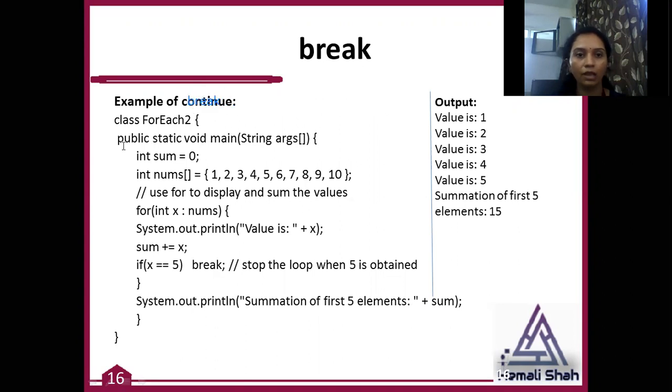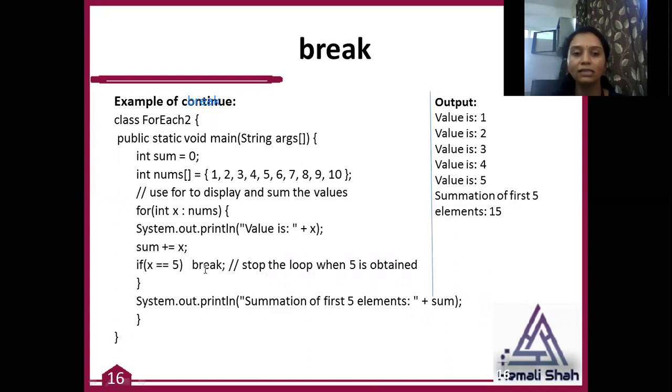So here this is one array and I have used the for each statement, and I am fetching all the numbers into this x variable. If this x is 5, then I want to stop the execution of the summation of elements. That means I want only the summation of the first 5 elements. So you can create such a program: sum all the variables, and if x equals 5, then break. That means now 6, 7, 8, 9, 10 will never be fetched into this x variable.